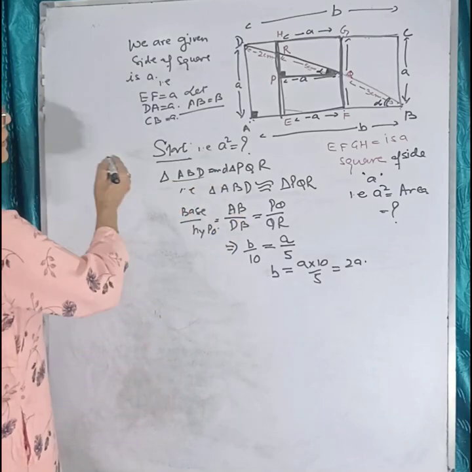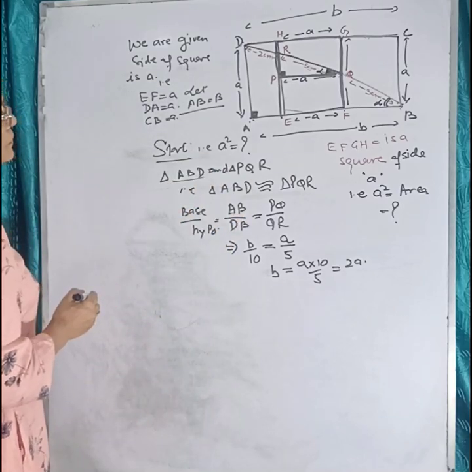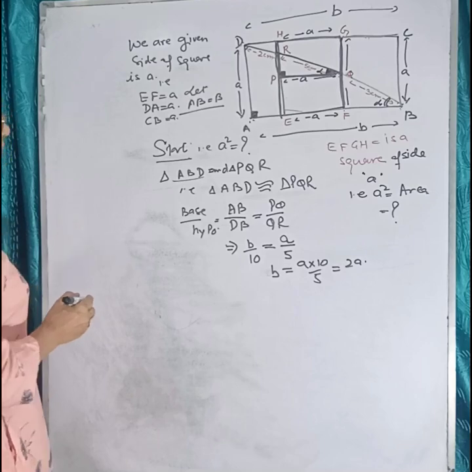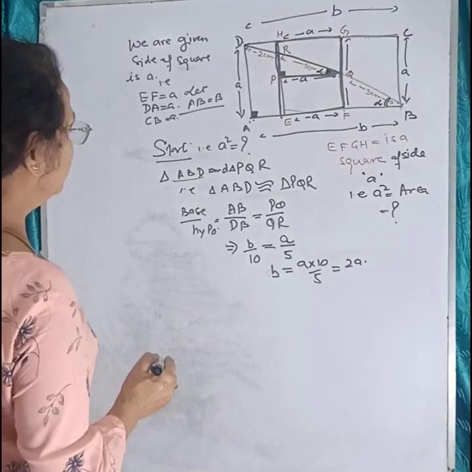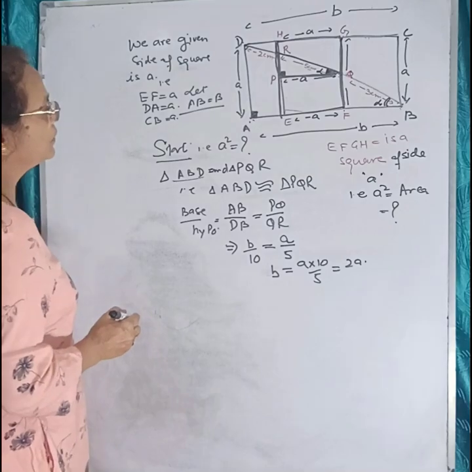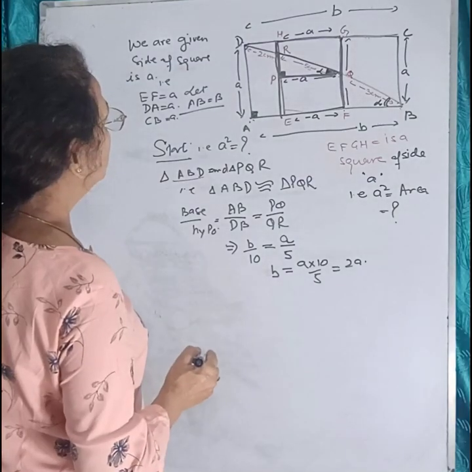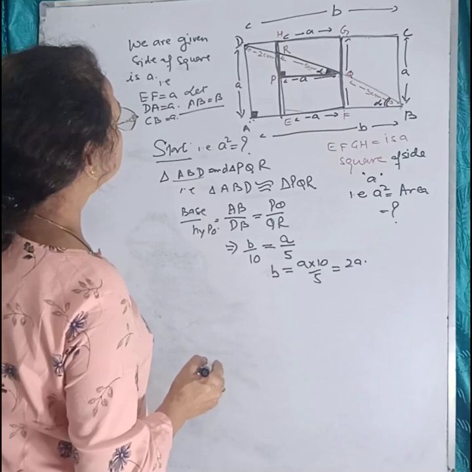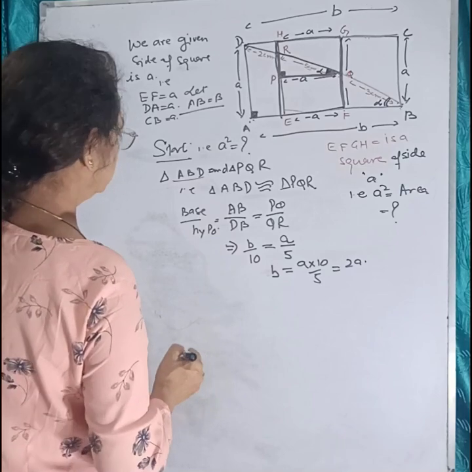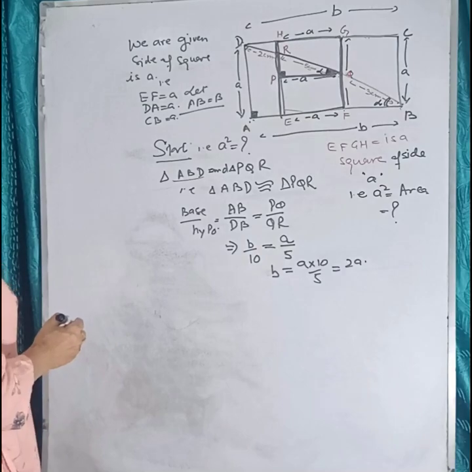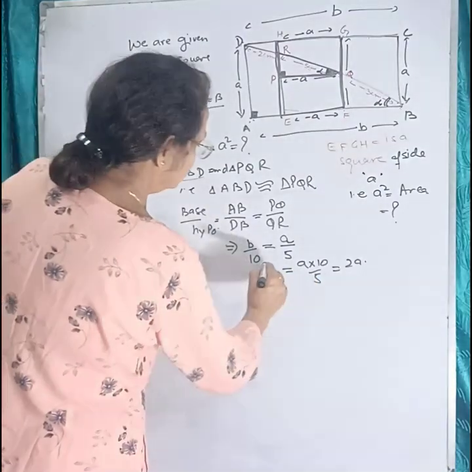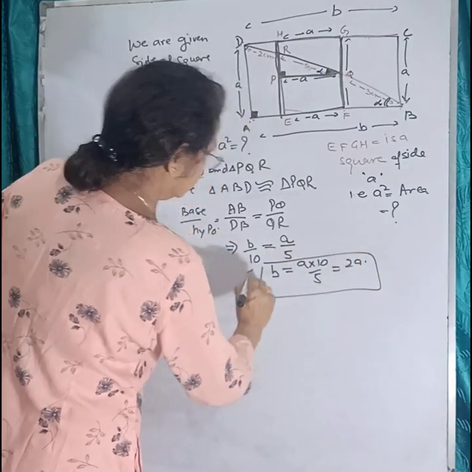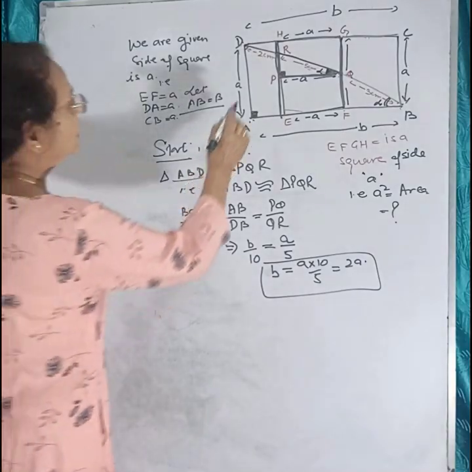A total length was B is equal to 2A. Okay, बिल्कुल सही. B is equal to 2A. ये आप नोट कर लीजिए. This is to be noted. Now apply